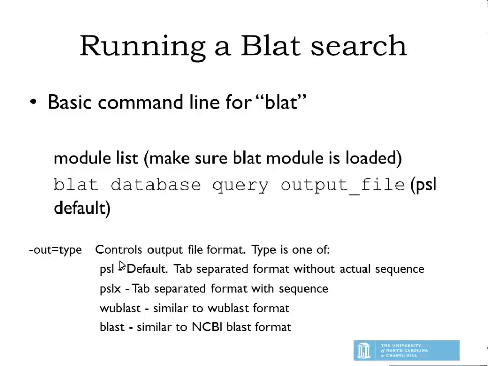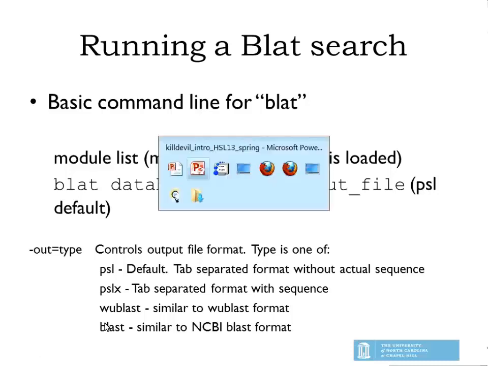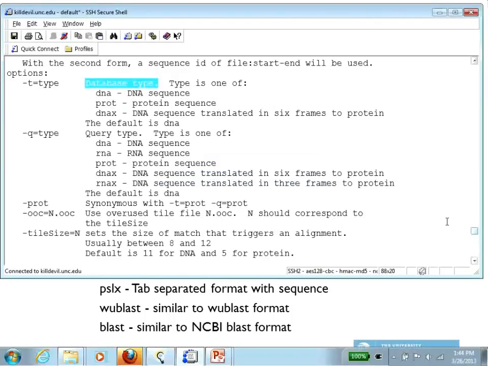So BLAT is able to produce output in various different formats that are pretty standard. By default, it's going to produce output in this PSL format, which is basically a tab separated file. And we'll look at these formats in just a second. But BLAT itself is able to produce output that just looks like a BLAST search. So if you prefer seeing the output of a BLAT search in a regular BLAST-like format, BLAT is able to do that. So without further ado, let's go to our shell and